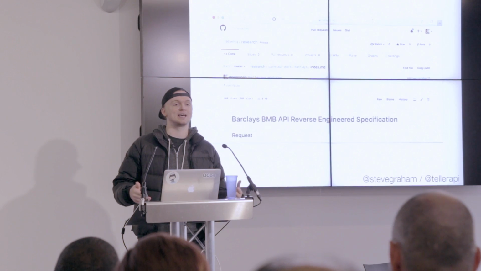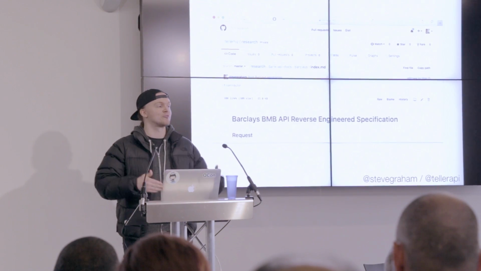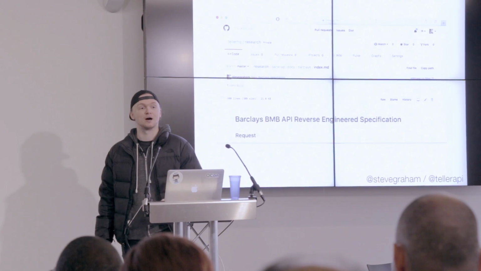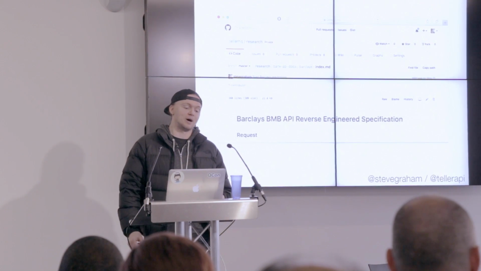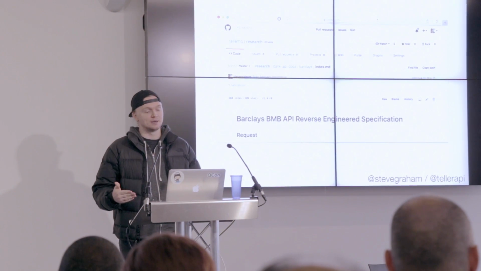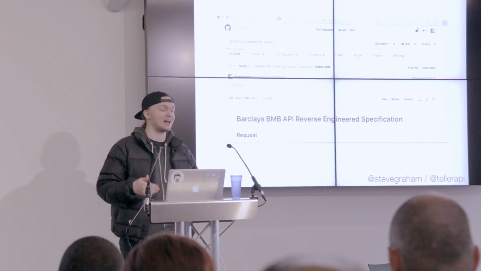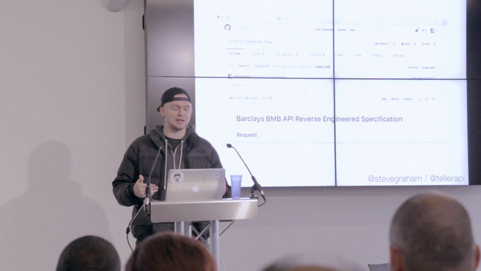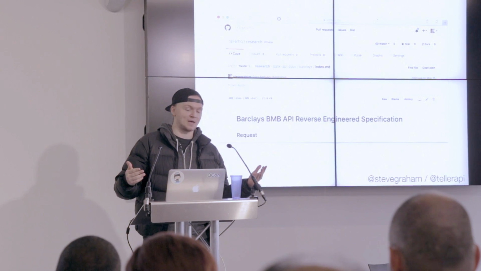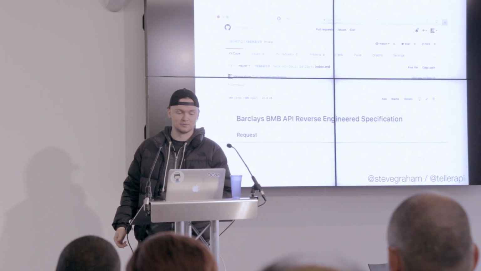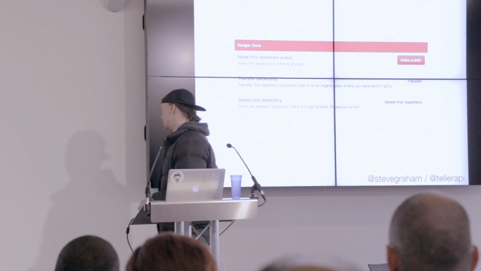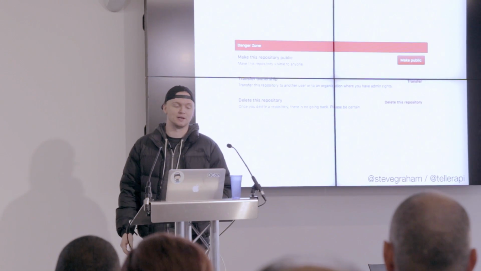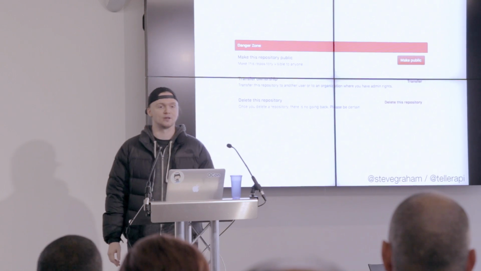So basically, what I'm trying to say is, I'm talking to all banks here, I really want to provide an API to your customers, right? But if you attack me such that I no longer see value in doing that, I still believe that there's a strong public interest in customers having API access. So what will happen is we'll just go into the public commons. We'll just click on this in GitHub and make it public, and then not just I know about your API and how it works and all the things that are wrong with it, the whole world does.